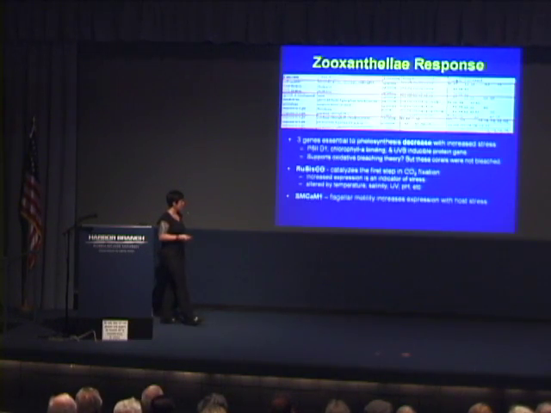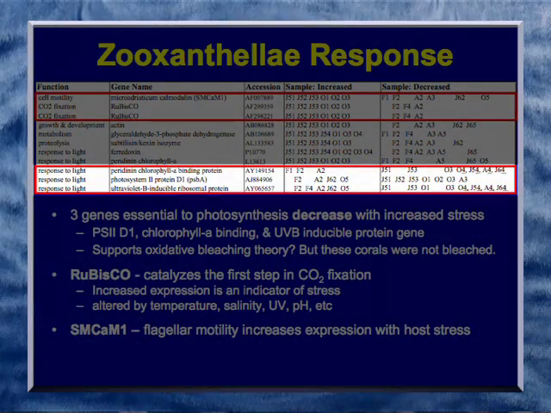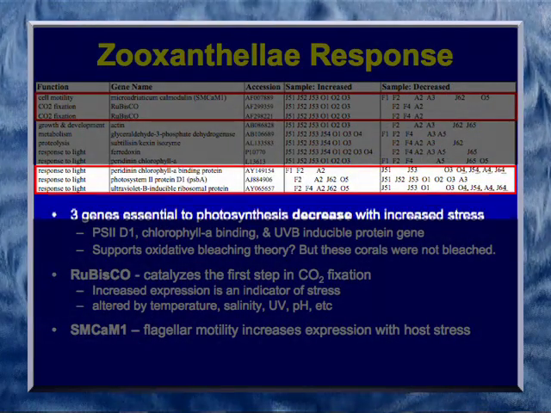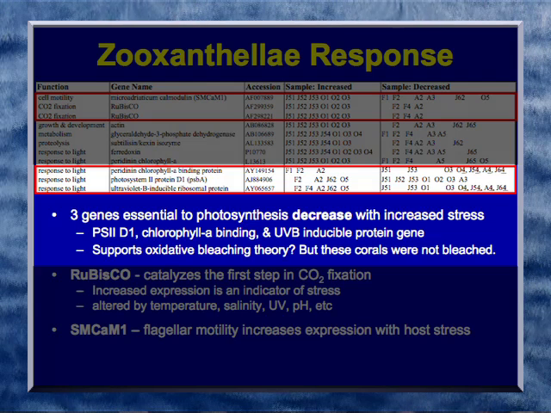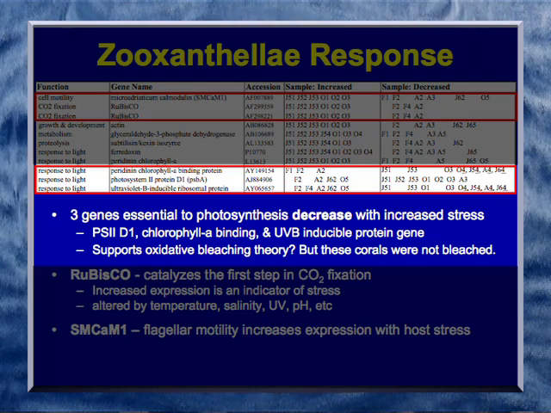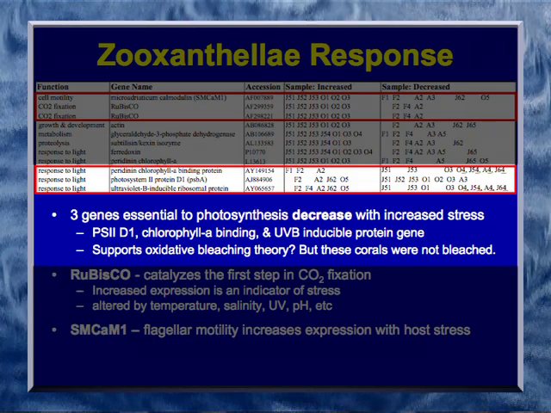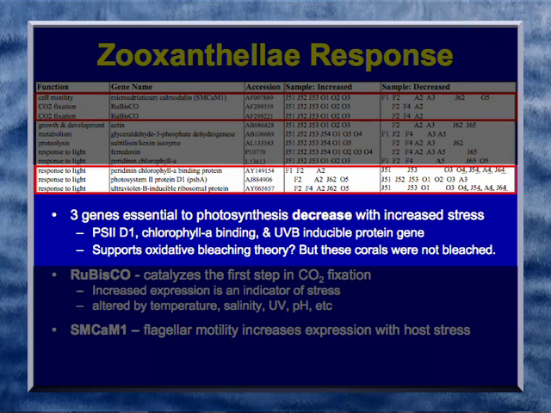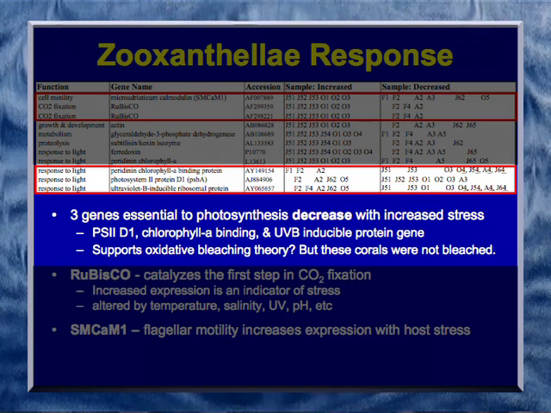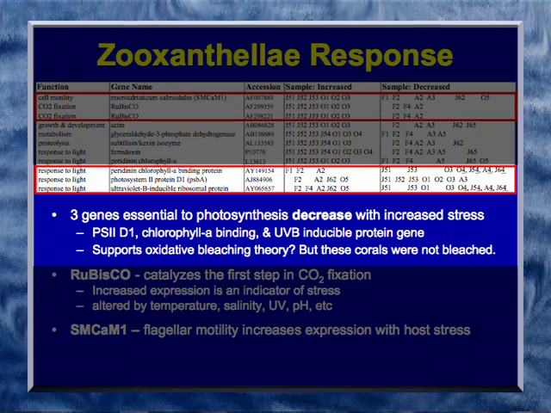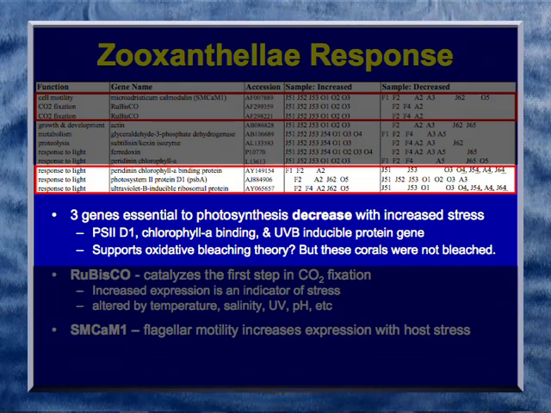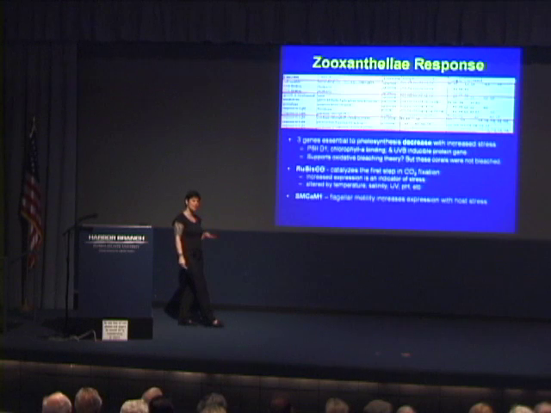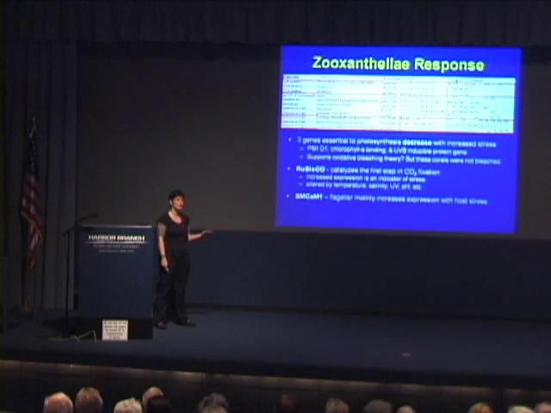Well, what were these genes that the zooxanthellae were expressing? Three of the genes were involved in photosynthesis, and they decreased with increased host stress gene expression, indicating, again, an impairment in the photosystem. They were PS2D1 and a chlorophyll binding gene and a UVB inducible gene. And this might be thought to support the oxidative bleaching theory, but it doesn't because none of these corals were bleached. They were stressed. So it supports my hypothesis of a generalized stress response seen by oxidative stress or ROS